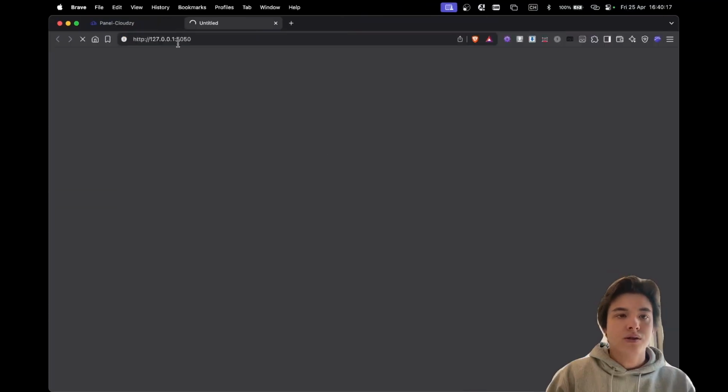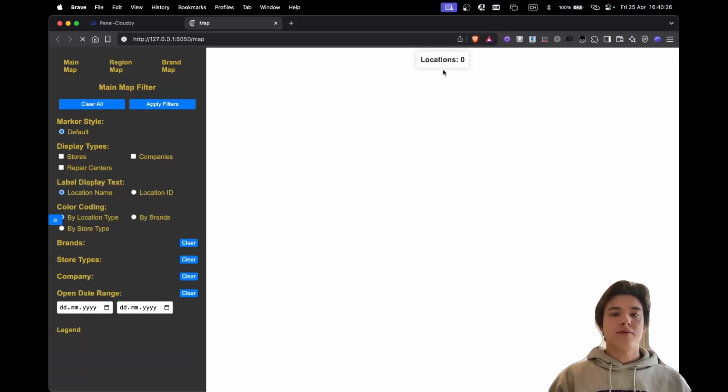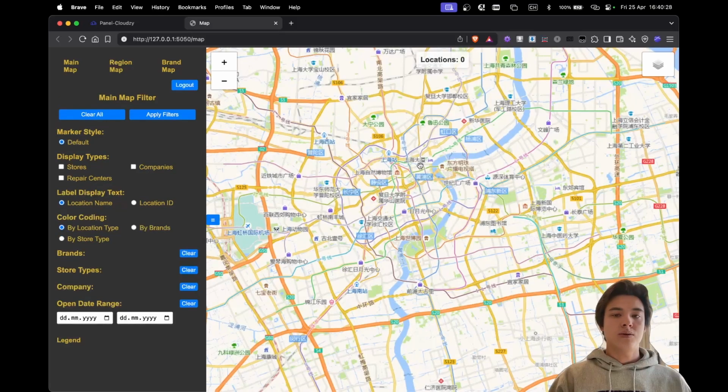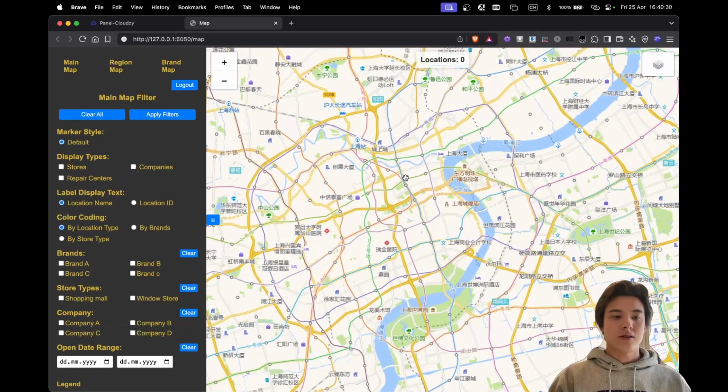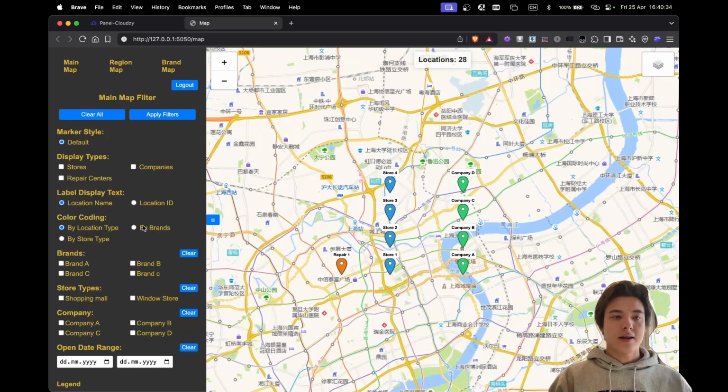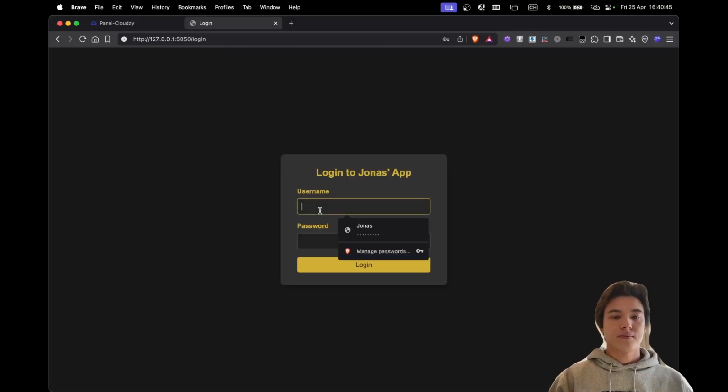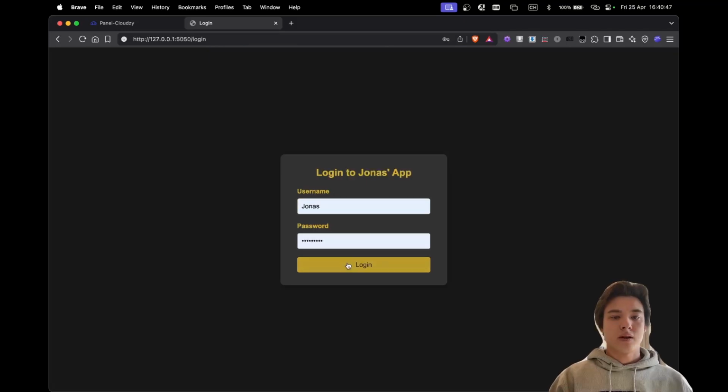Open in browser, and let's see if it works as expected. Yeah, we have our map, a bit slow, but it starts to load. And we also have the logout button. We have the filter options. And log in